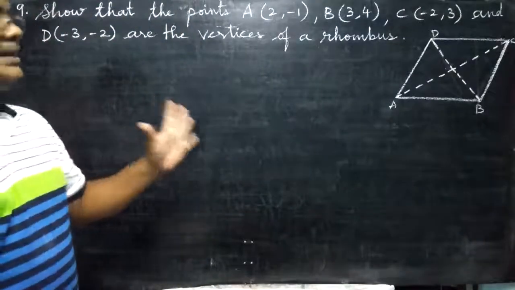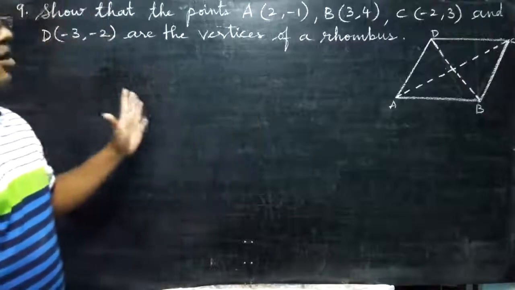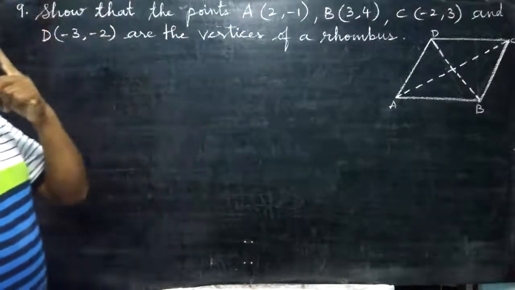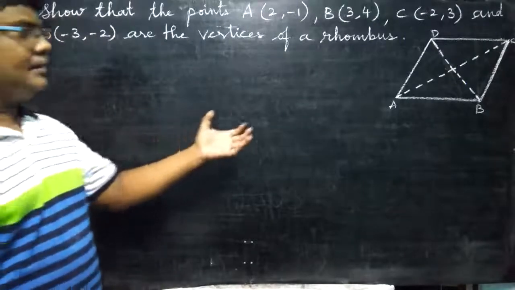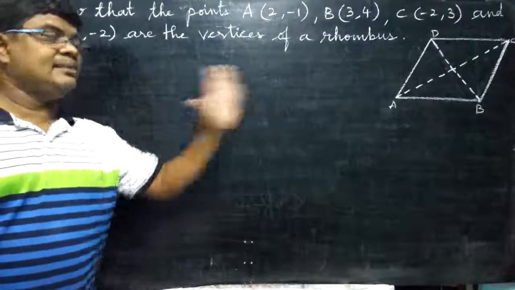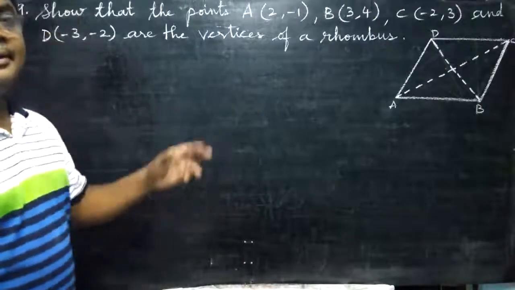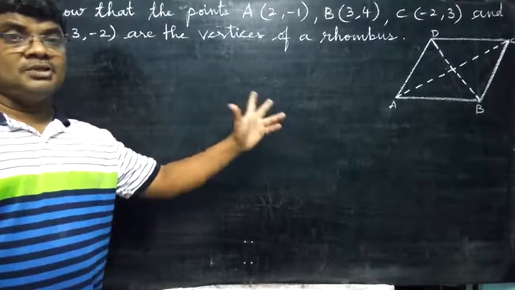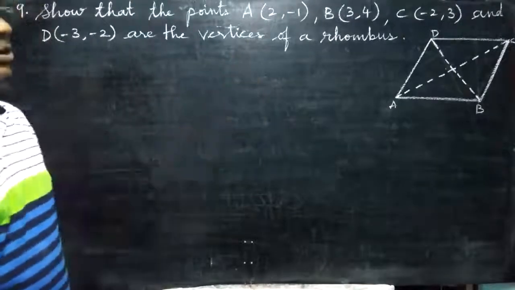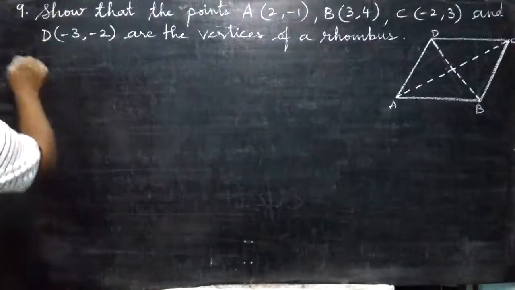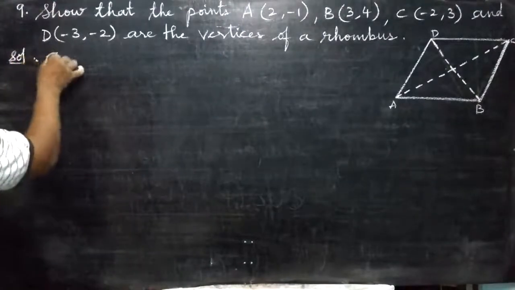In the same way, rectangle and parallelogram. In rectangle, opposite sides are equal. In parallelogram also, opposite sides equal. In rectangle, diagonals are equal. In parallelogram, diagonals are not equal. Same as rhombus. That is the relation between rectangle and a parallelogram, square and a rhombus. These are the combinations. Be careful. Know the properties. If you know the properties, then only you can solve. So, solution given.